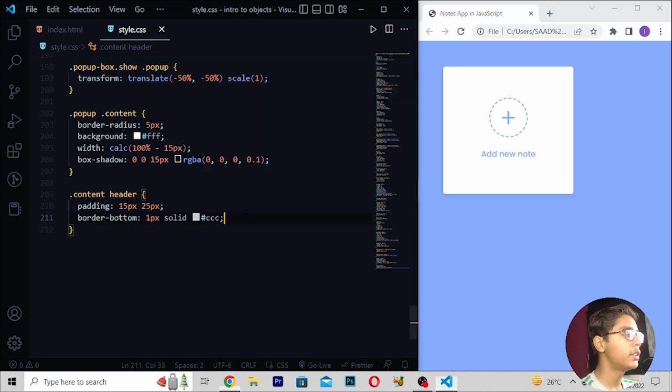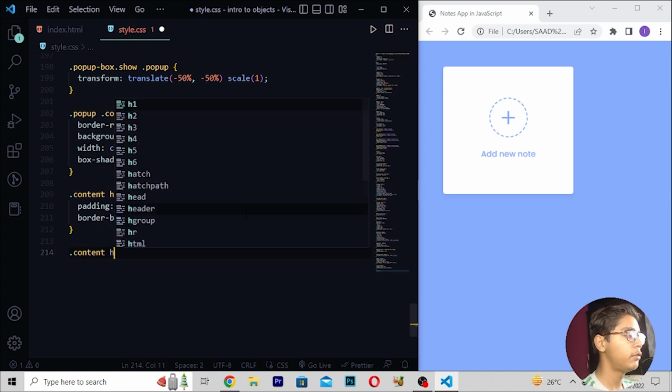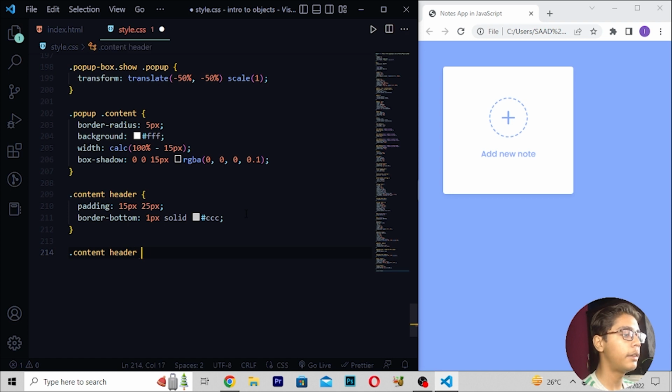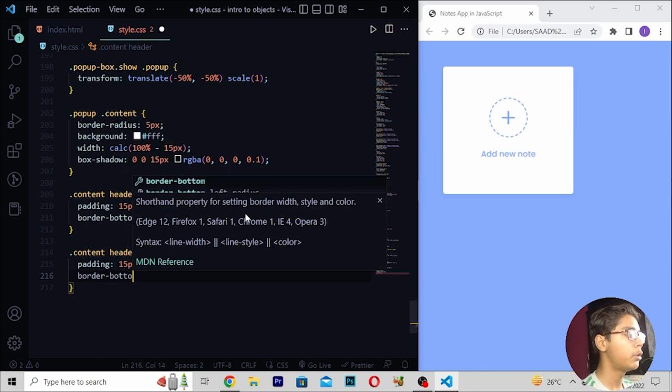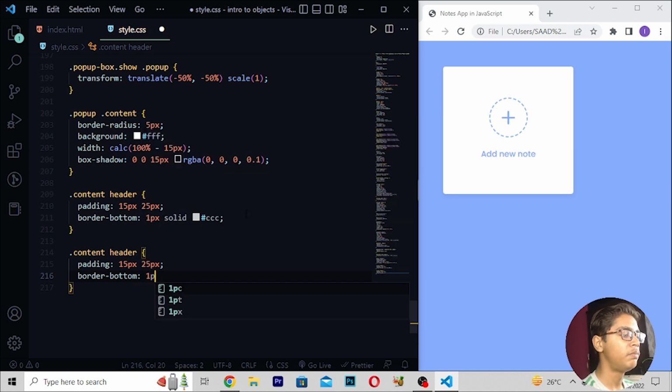Then when you are getting this, here I will be moving down, and after moving down here you have to do like .content-header. Then here I will be writing padding 15 pixel. Then I'll be writing this. Then here you have to move down after this tag. Right here border bottom 1 pixel solid. So here I will be writing triple C.